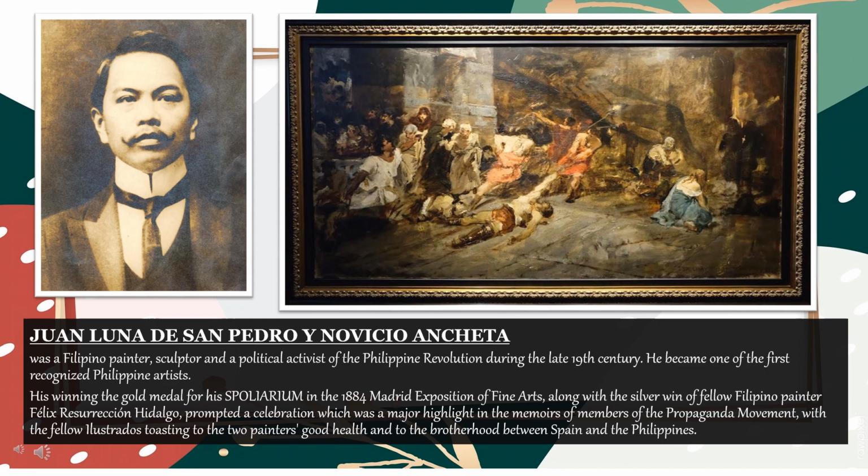Spoliarium is a Latin word referring to the basement of the Roman Colosseum, where the fallen and dying gladiators are dumped and devoid of their worldly possessions. At the center of Luna's painting are fallen gladiators being dragged by Roman soldiers. Spoliarium, the painting, shows how the Filipinos were treated before when they were colonized by Spaniards. It shows that they were forced to entertain the Roman oppressors and the Spaniards with their lives and sacrifice themselves for the Romans' and Spaniards' honor. Furthermore, they were just treated as if they were valued less than animals.